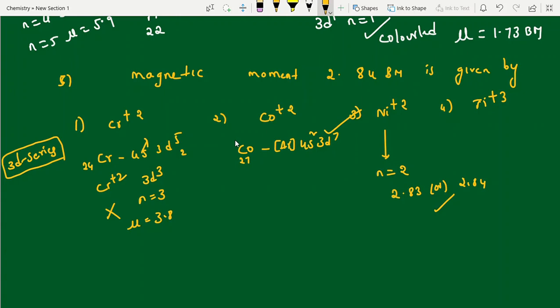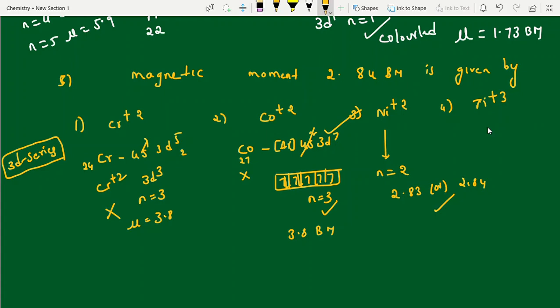So it is better to learn the 3d series, scandium to zinc, including exceptional cases, cobalt plus 2 here. That's it. So here n equal to 7? You can take it like this. Wrong. n is not 7: 1, 2, 3, 4, 5, 6, 7. n equal to 3, if you write the box method, then only you will come to know. Here also the answer is 3.8 Bohr magneton, not